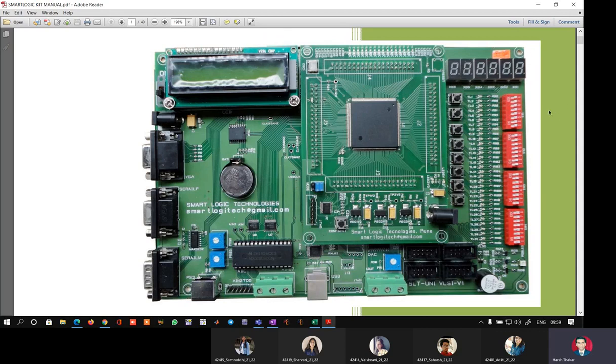So we can see here in this kit we have many different ways in which we can apply input. So we can see a red colored block. These are 32 dip switches which are divided as 4 banks. So this is bank number 1 having 8 switches, bank number 2 another 8, bank number 3 another 8, and bank number 4 another 8.